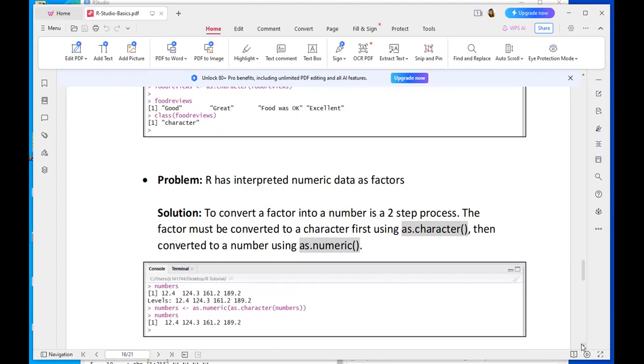Then we can use certain commands like as.numeric, as.character, and so on. So if there are some numbers written in this, but the str command or R is going to give us levels like 12.4, 124.3. These are the sequence. The 12.4 is the smallest value, 124.3 is greater than 12.4, and so on. So it's going to give the R